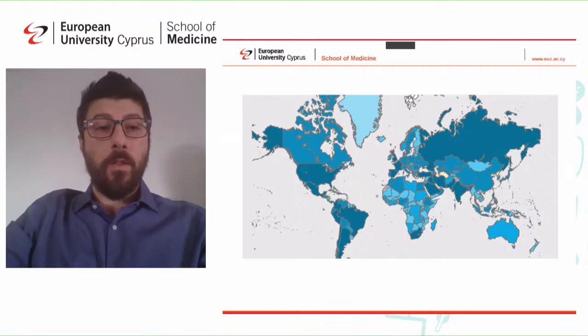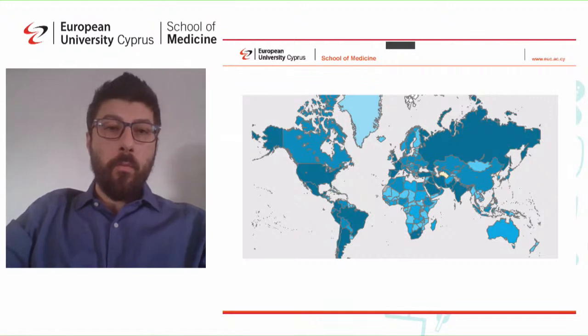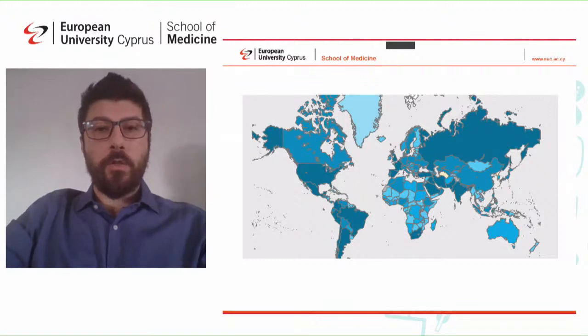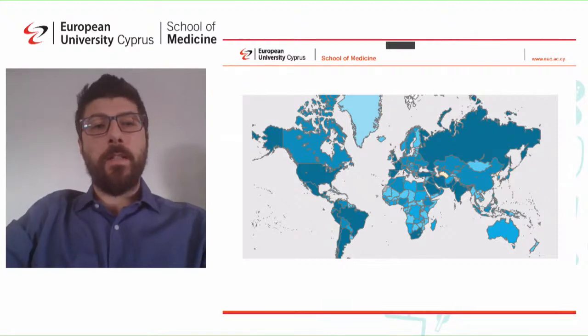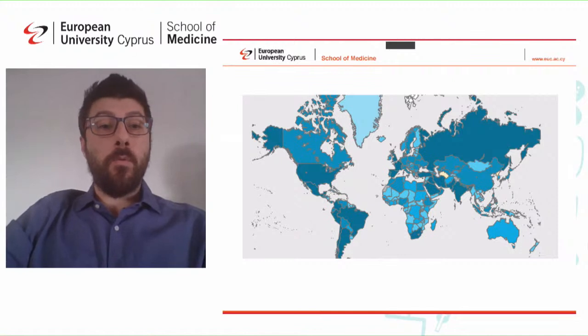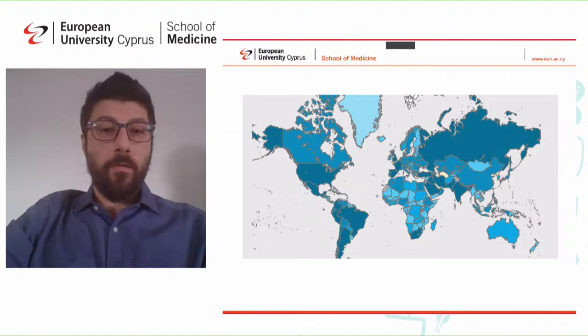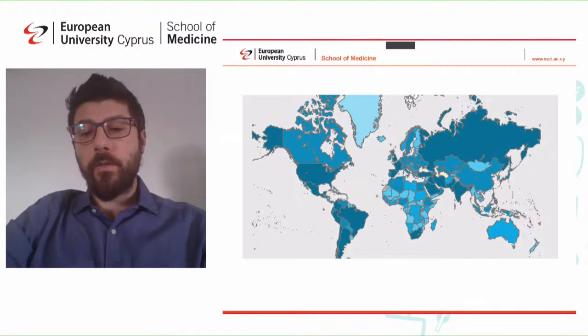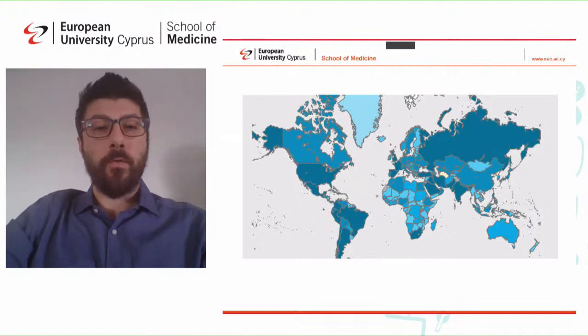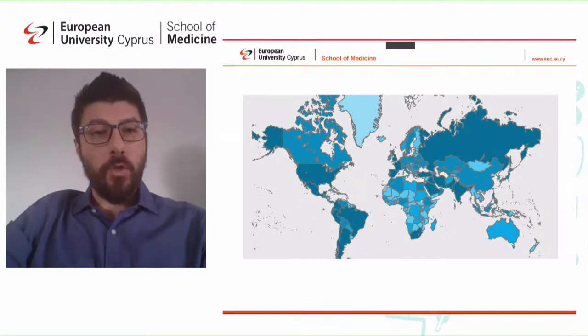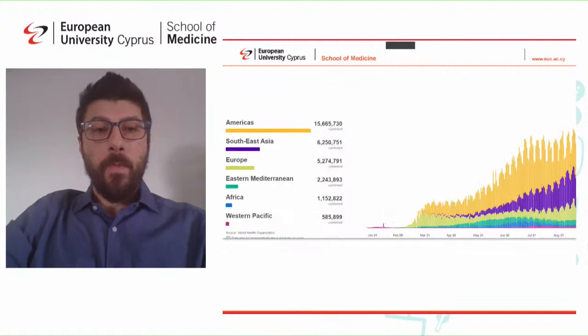And the other thing, as you can see in this map from the World Health Organization, which is actually an interactive map, and it's a dashboard and it changes daily depending on the epidemiological condition of every country that reports to the WHO. You can see that different countries have different epidemiology of COVID-19, of the virus actually. So the risk of traveling to and from each country varies, and changes through time.